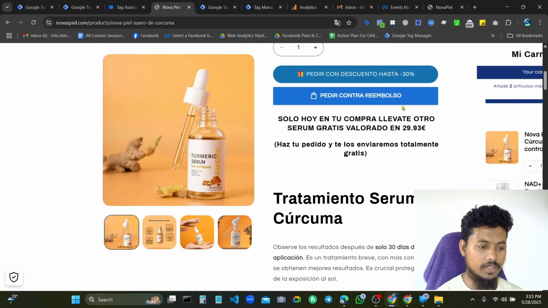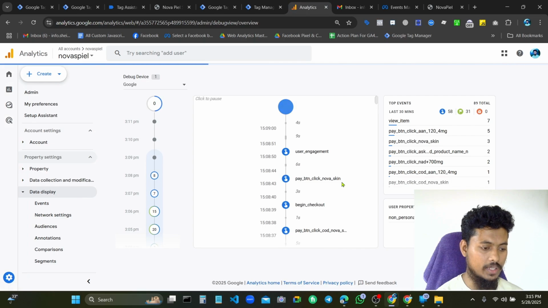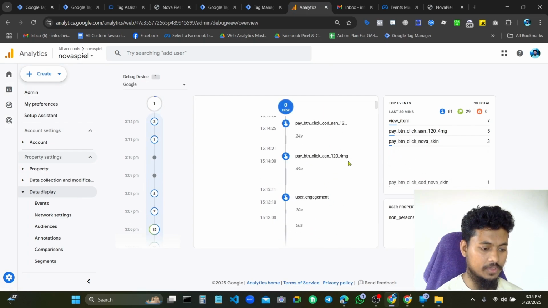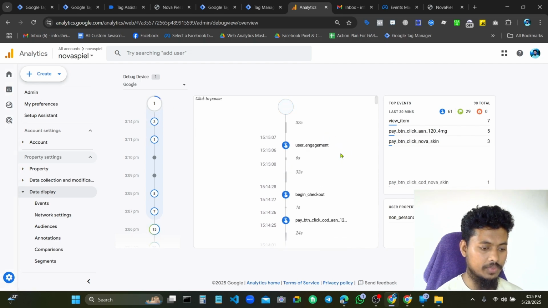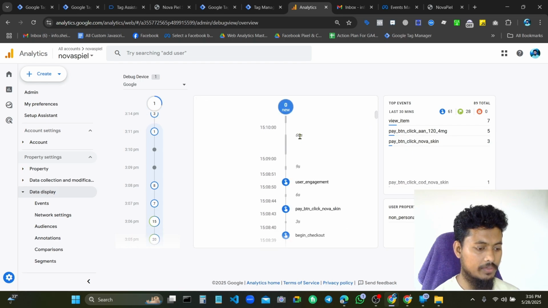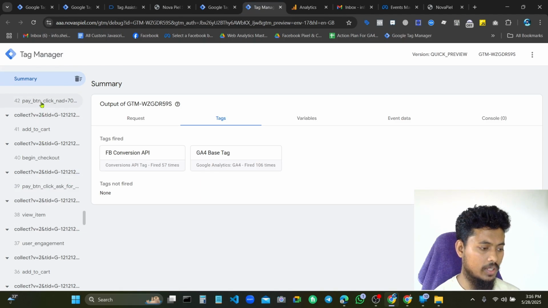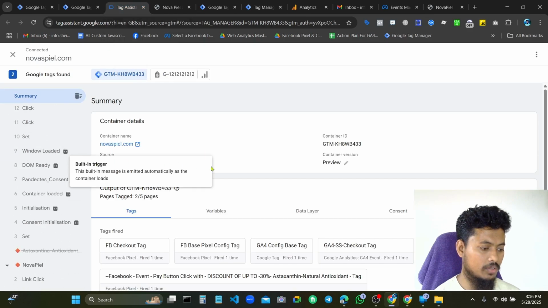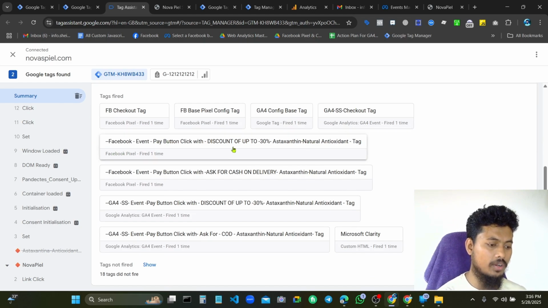So our custom event is already fired in Event Manager, and we can also see these custom events in GA4 debug mode. This is the custom event name. Here you can see the server data is coming, and we can see the summary option, and here is the button for this product.